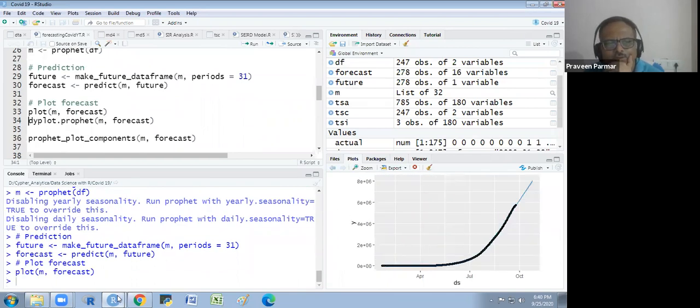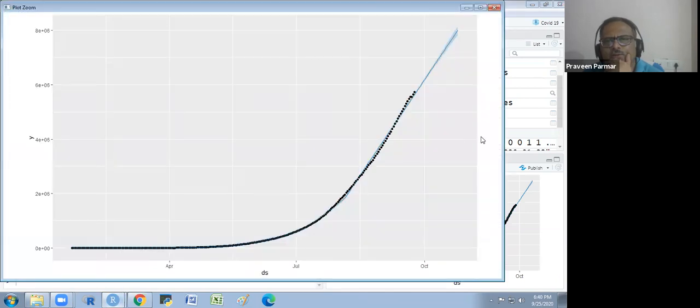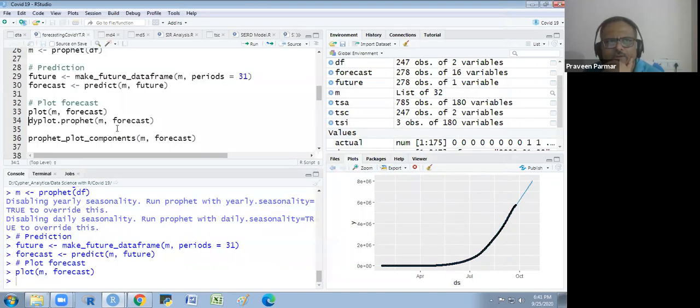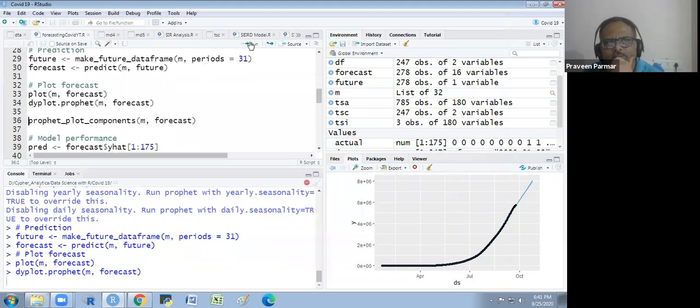This is also not an interactive one, but I will show you. I have done some prediction here. The time series prediction I am doing here is my prediction for the next 30 days. You see the line is overlapping the dots. The dots are the actual data, and my prediction is very close to that. And I made one two-part plot.